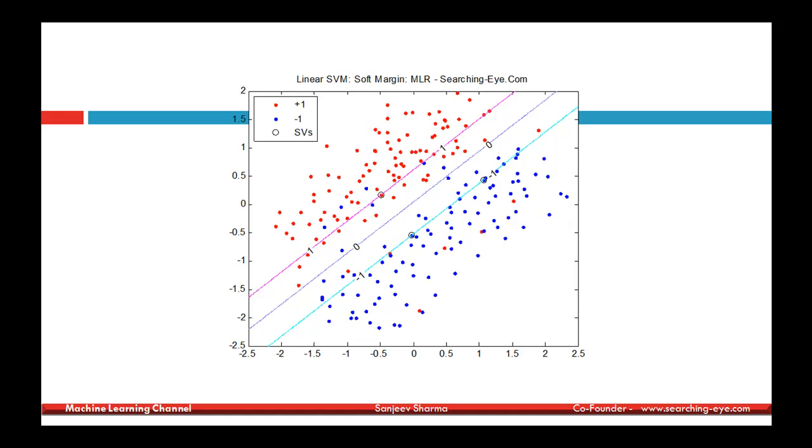But in general, the problems are not that simple, and we may have a huge dimension problem. Say the dimension is 10,000, where it's impossible to visualize the data, and we don't know whether the data is separable or not, whether there is any linear or non-linear boundary that separates the dataset, or whether the classes are overlapping or non-overlapping. In such cases, we utilize the dual form of the SVM, which uses the kernel trick to solve the classification